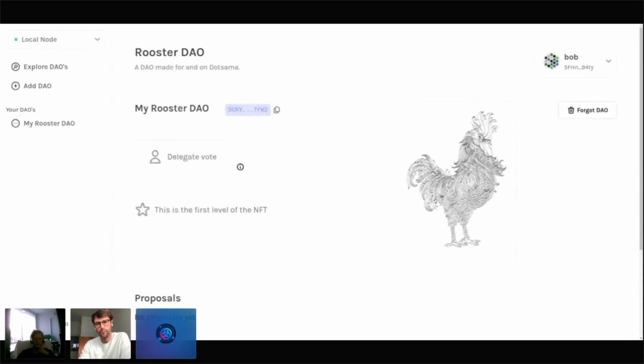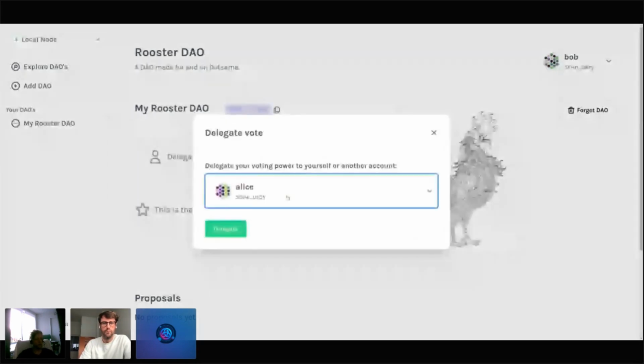Just like with the Open Zeppelin governor contracts, to be able to vote or to submit proposals, you need voting power. And how do you get voting power? Somebody who is a member of the DAO can delegate his voting power to somebody else. You can delegate it to yourself, or you can delegate to somebody who you think will represent your opinion in the upcoming votes. So let's have Bob delegate to Alice,